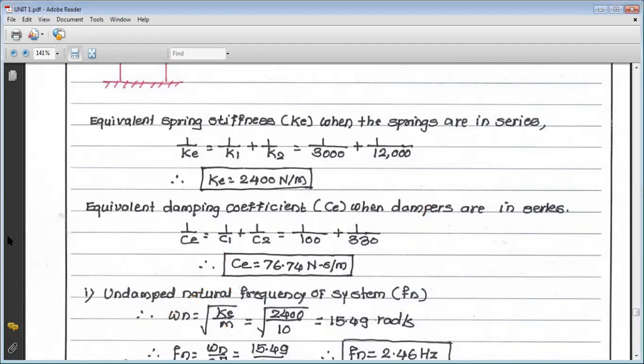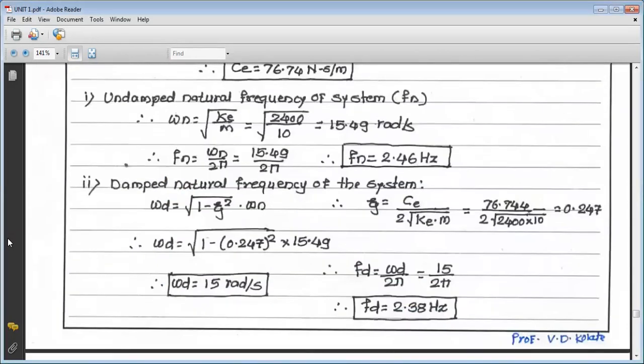So for that we know the value of C equivalent. So we can find out zeta, that is the damping factor. What is the value of zeta? That is C upon Cc. Now the value of C is known to us, that is the equivalent damping Ce, and we know the value of Cc. Now what is the value of Cc? It is 2 square root of Km. Now we have to use the equivalent, so Ke into m, or we can use 2m omega n also,